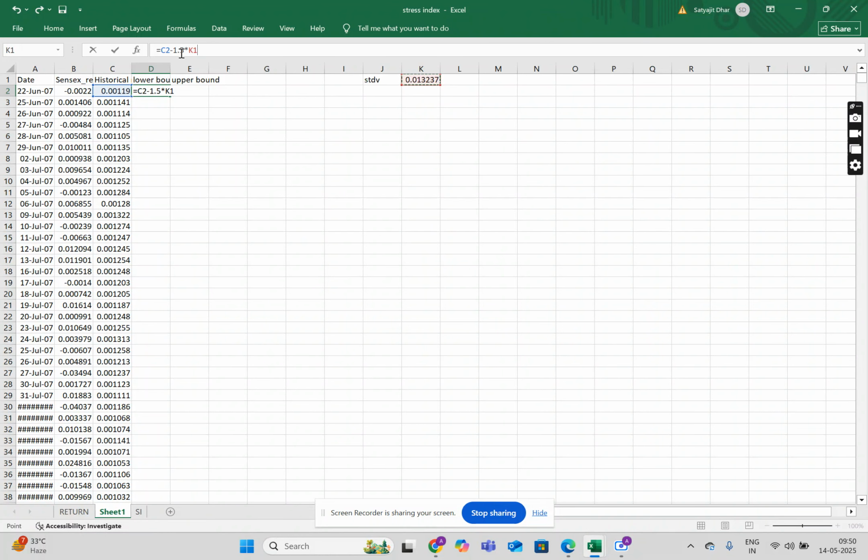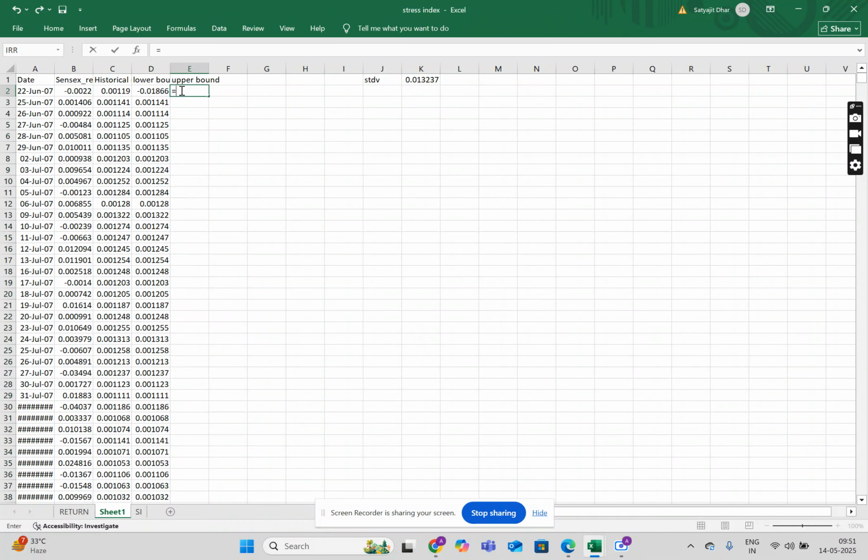So you can do historical return minus just standard deviation, or you can do historical return minus 1 into standard deviation, which is the same as before, or you can do historical return minus 1.5 standard deviation, or you can do historical return minus 2 standard deviation. It depends on how wide you want your bands to be. So here it is,